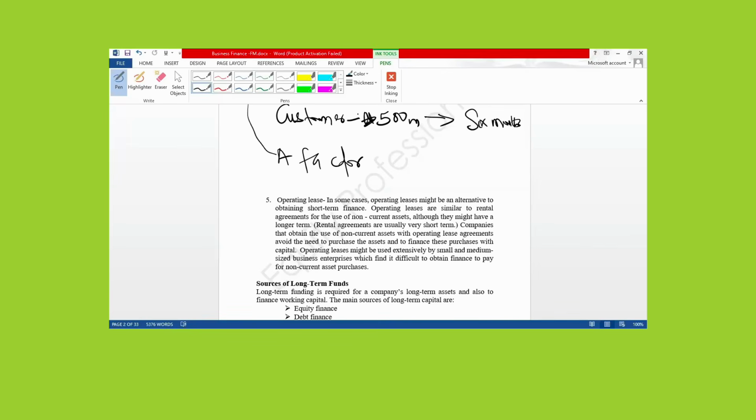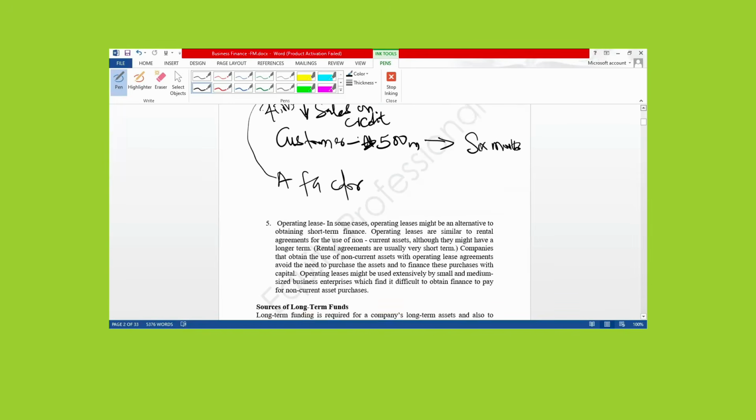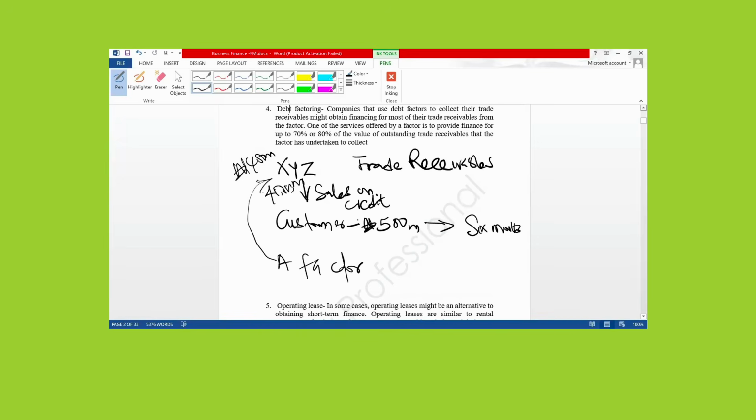Okay, sorry. Before you move on to long-term funds, I want to ask two questions on this short term, on number 4. You used an example of XYZ, a customer and the factor. My first question: what happens if there is a default of payment from this customer to the factor? Second question,